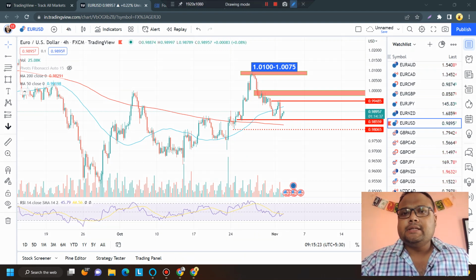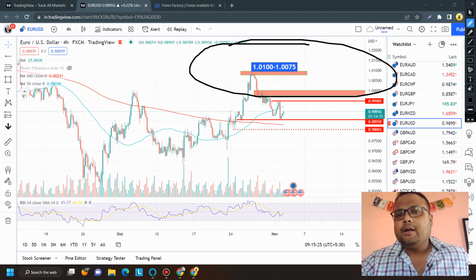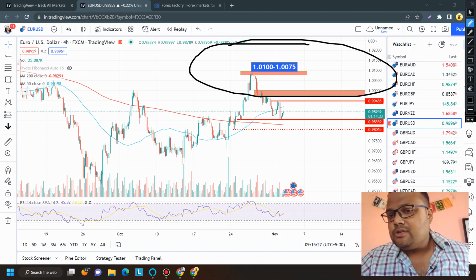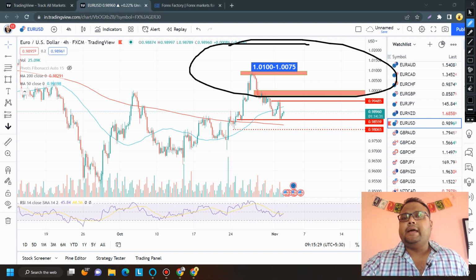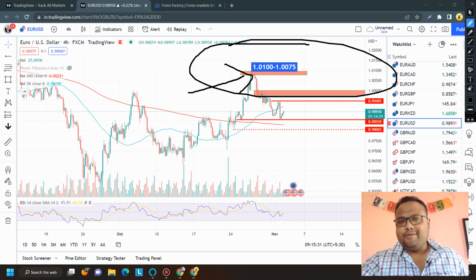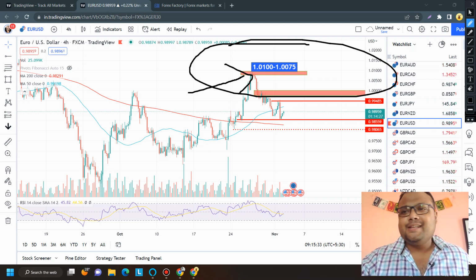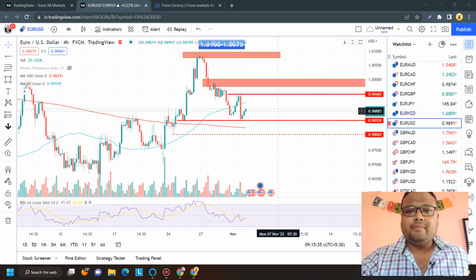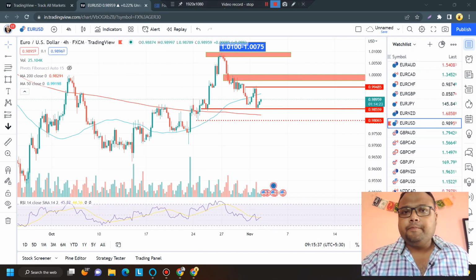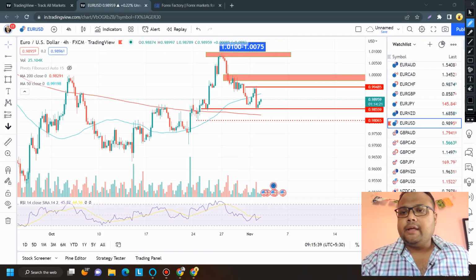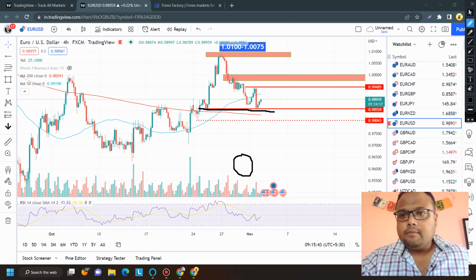This is the ultimate resistance on the market, 1.0100 to 1.0075, but I don't think the market will be heading towards this level. Let's wait and watch. Market is full of surprises, isn't it? And in case the market starts falling, then this is our first support,